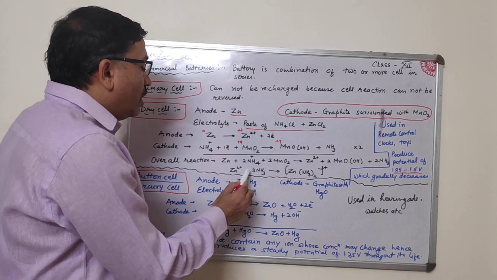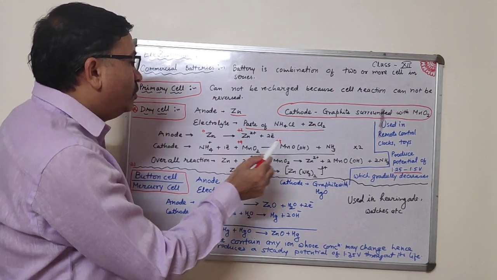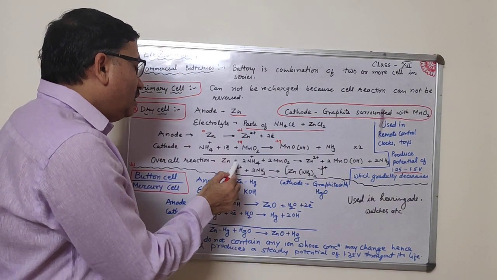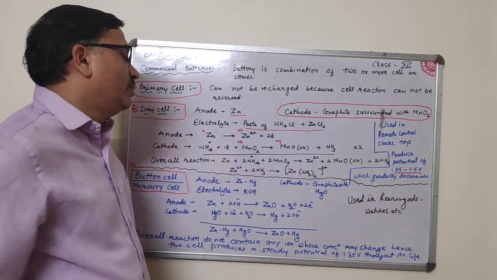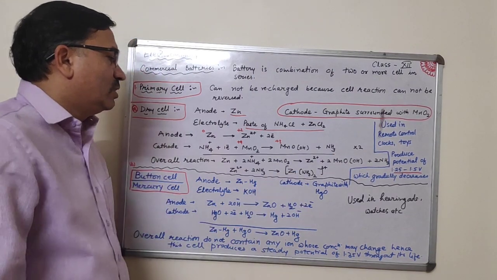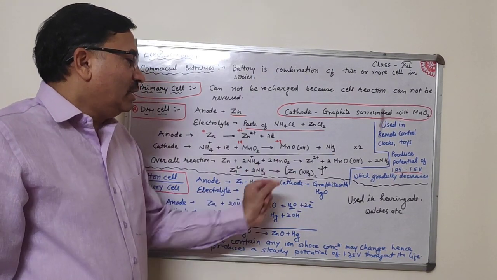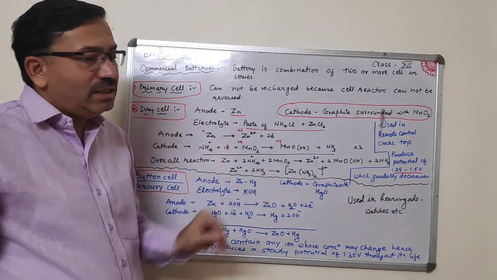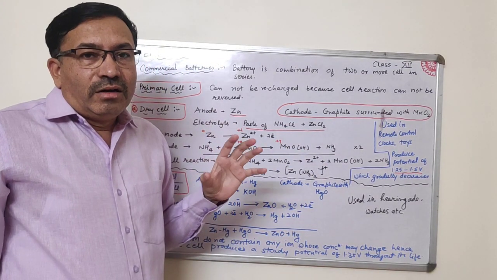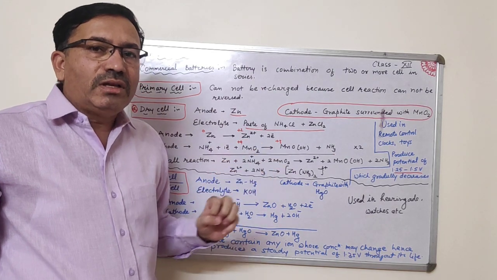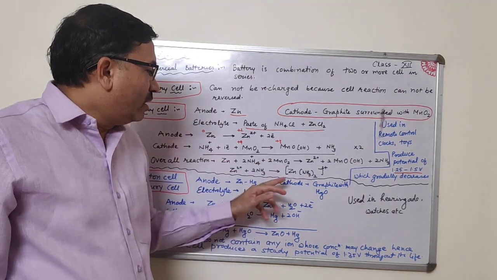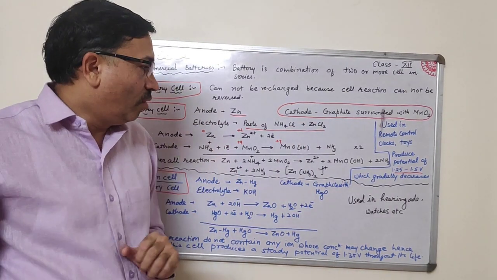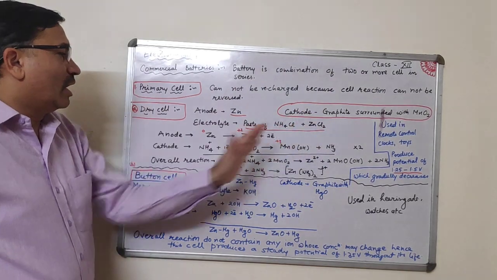So for this ammonia, we have used ZnCl2 here. That ZnCl2, Zn2+ reacts with ammonia to form [Zn(NH3)2]2+, and it is a non-corrosive complex. So what is the role of ZnCl2? It forms a complex with ammonia, and that is non-corrosive in nature, which means it prevents damage of the cell. So this is about your dry cell.